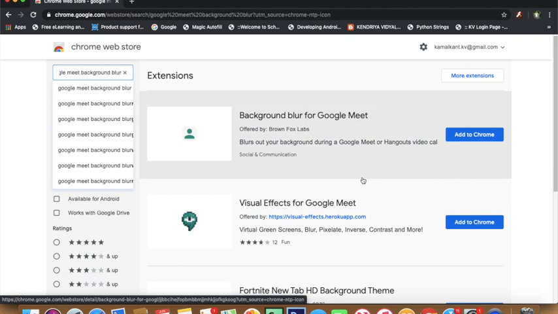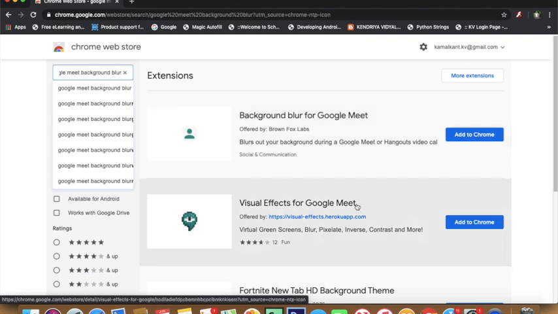The first one will be just blur. It will just blur the background of your Google Meet environment. The presenter's background will be blurred. So any unwanted things that the presenter does not want to reveal to his participants can be removed by blurring the background.